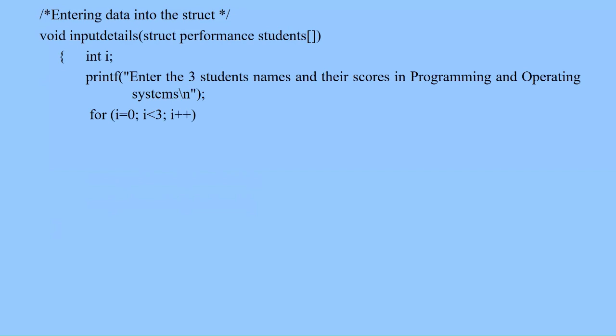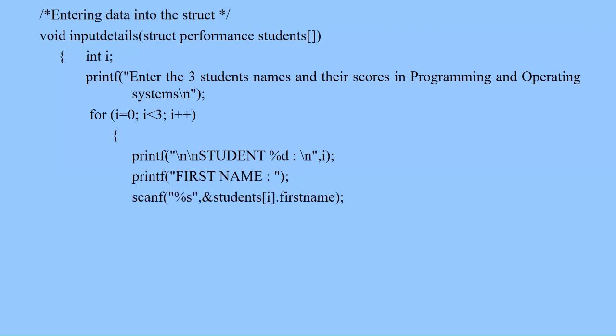Then we have the for loop for reading the various values for each student. It is initialized, or I is being initialized to 0. Then we check whether the value of I is less than 3. Yes. Therefore, we display the message student and the number of the student, which is student 1. Then the first name, whatever is entered as the first name, is picked and stored in a memory location called students